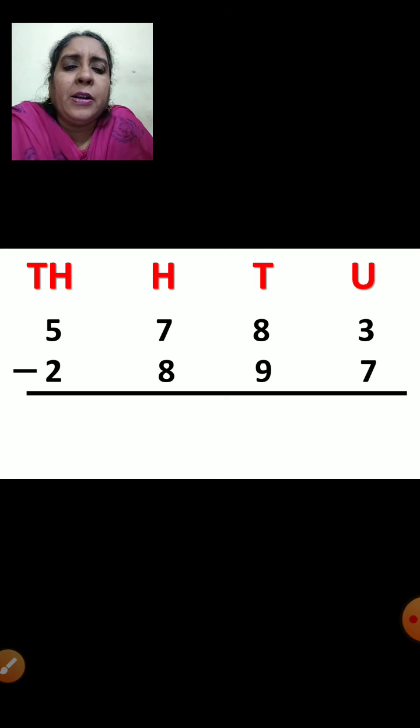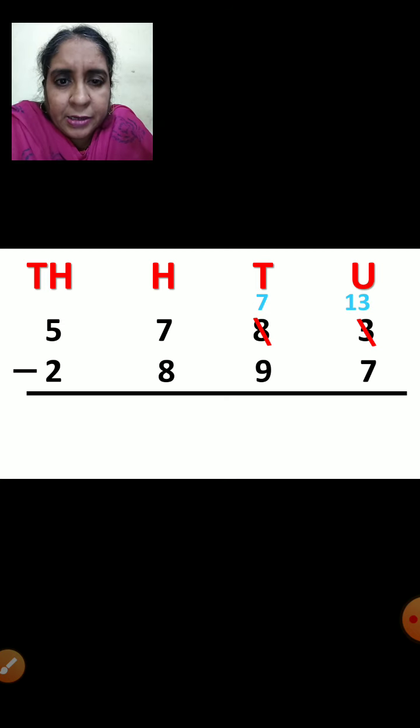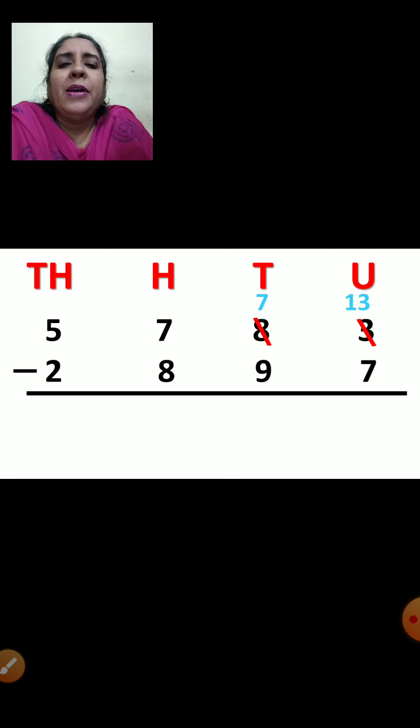So you will cut 8 in tens place. You will borrow 1 to units place. So 8 minus 1, what will be left in tens place? 7. So after borrowing 1 from tens place, you will go to units place now, right? You will cut 3 and what will you get in units place now? 1 ten and 3 units. How much will it be? 13. Very good. Now you can subtract, right?